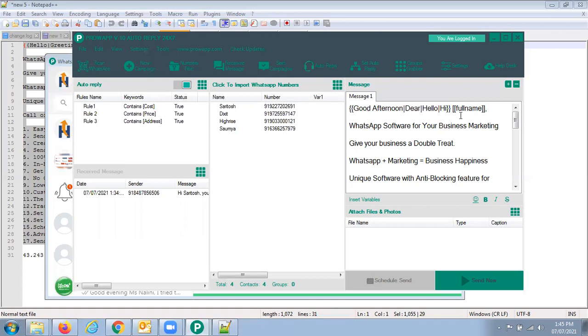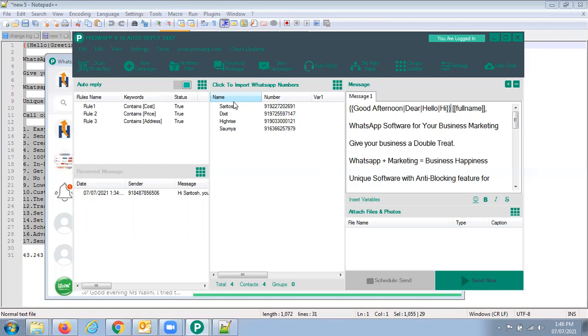Fine. Second thing is you are seeing another syntax, full name. What is the use of this? Suppose I write one message to you and I don't know what your name is, or what your gender is. In that case, what will happen? I may write a message, dear sir. Not always will I use dear ma'am for you because I'm not aware whether this number belongs to a male or a female. But if in my database I know the person's name and I write a message to you, dear Miss Soumya or dear ma'am, what will be a better response?